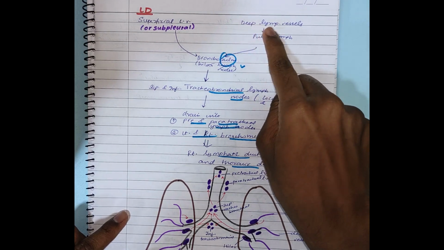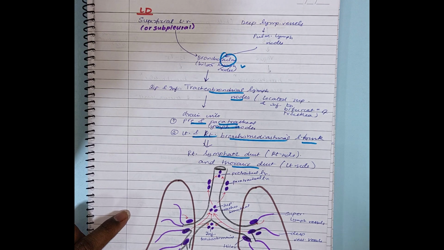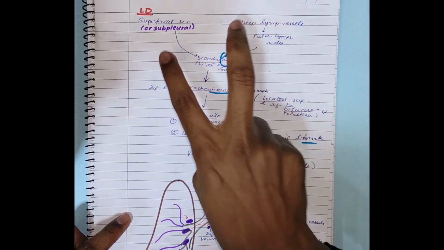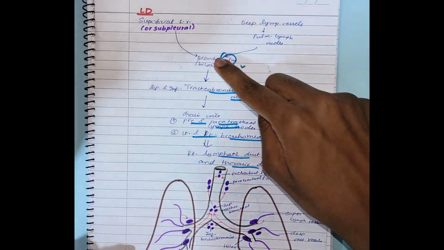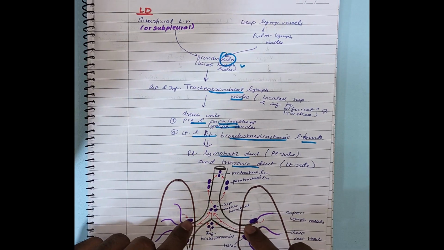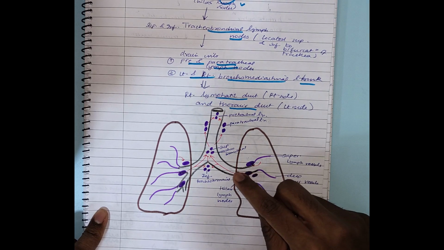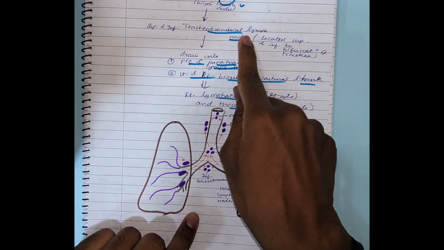Now we have something known as deep lymphatic vessels. These lymph nodes drain the connective tissue, the parenchyma, the pulmonary artery, pulmonary veins, pulmonary vessels in general. So they drain into the bronchopulmonary lymph nodes finally. Both the superficial and the deep lymph nodes drain into the bronchopulmonary or the hilar lymph nodes. From the hilar lymph nodes, as you can see, these are the hilar lymph nodes, they drain into the superior and the inferior tracheobronchial lymph nodes.